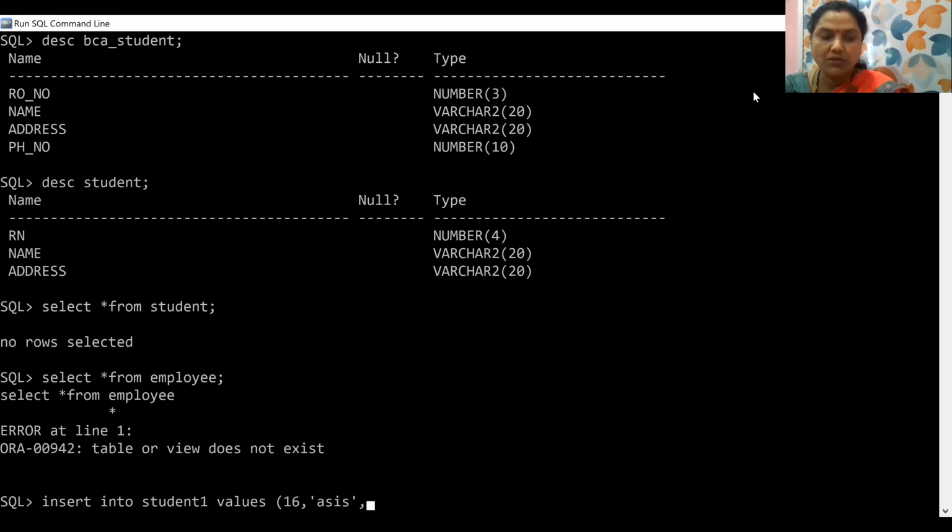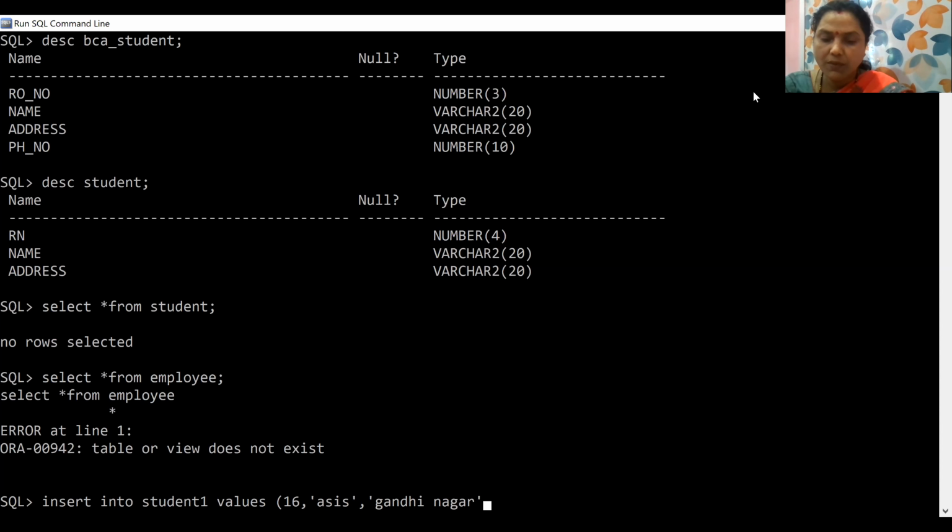Now you have to write the address of that particular student, that is of roll number 16. Suppose the name is Asis and the address is Gandhinagar. Write the address with single quotation marks again.